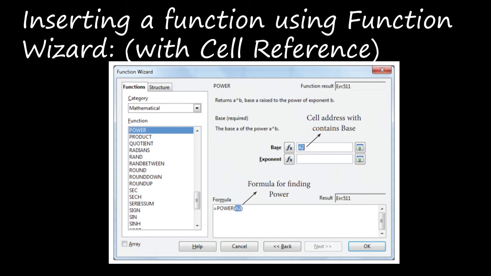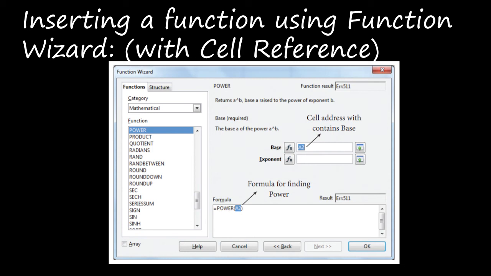For example, to find the value of 25 to the power of 2, 25 is the base value and 2 is the exponent value. So the syntax is, first you have to give the equal to, right? Equal to POWER of base, exponent. Here both the base and exponent are arguments only. Arguments will be separated with a semicolon. Okay. Then it's about inserting POWER.